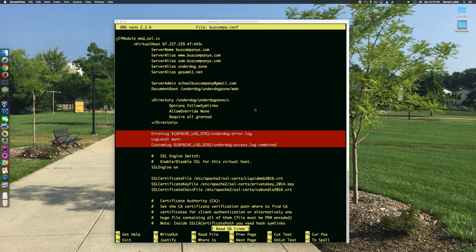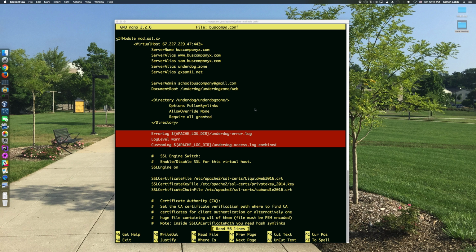If the user tries to connect without HTTPS, the virtual host configuration file called port80.conf will take effect and redirect